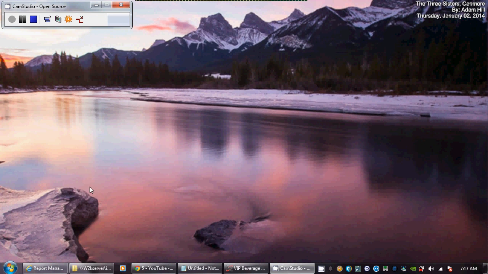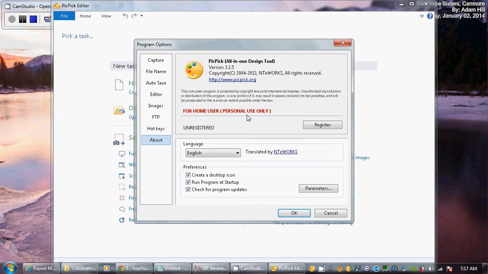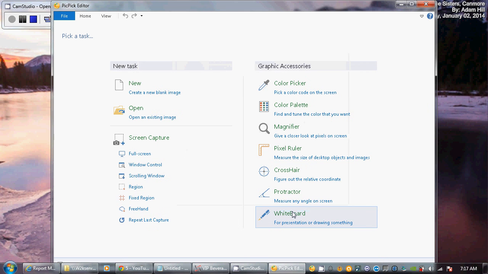I could start it, and this is a fantastic program. And no, I don't really want the update right now. You don't have to register it because you're going to use it for personal use, sort of. Run program for update. If you don't want to be mess with the updates, turn it off, and the program is ready to use, which I will show you how to use in